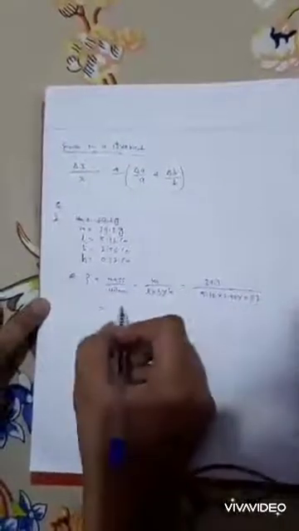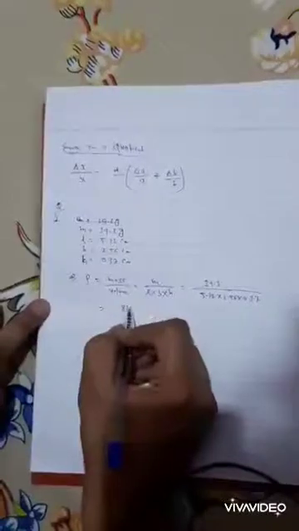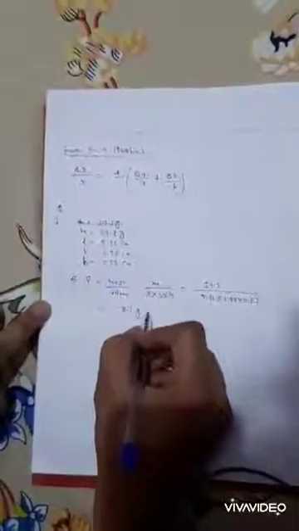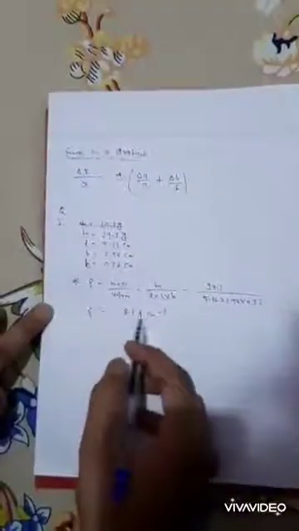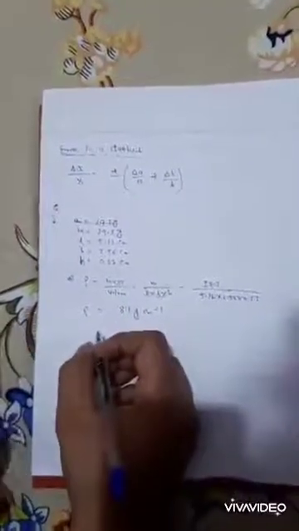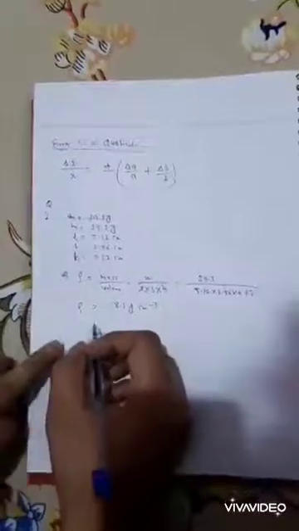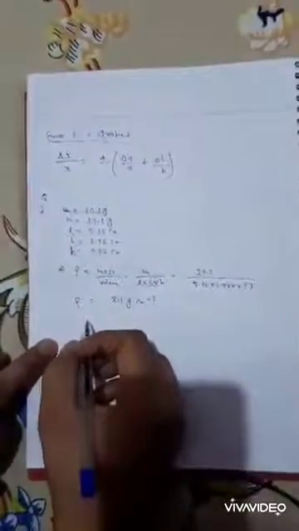So after calculating this, we have got 8.1 gram per centimeter cube. So we have density 8.1 gram per centimeter cube, and even we have to calculate the